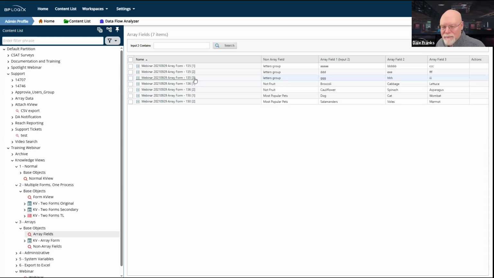Arrays are a little irritating in that if I return form instances, and that form has an array, it's going to return a row for not only the form, but for each row in the array. So in the case of form 135, I have an array that has 3 rows in it. So A, B, and C on one row, D, E, F, and G, H, I on another row.